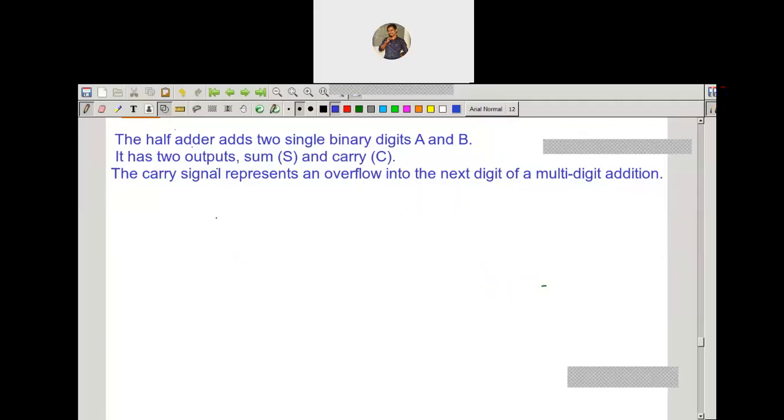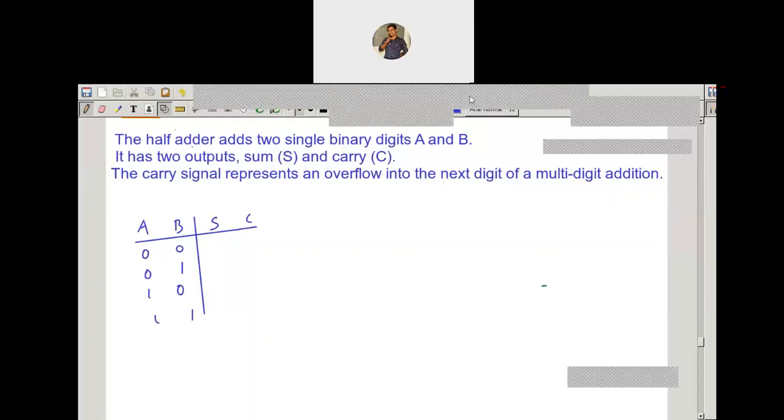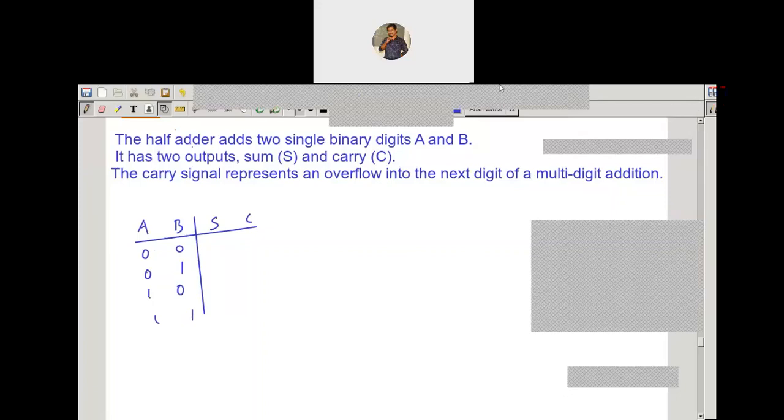A and B are the inputs. With the two inputs, we can have how many combinations? Four combinations, right? And outputs are how many? Two outputs. Sum and carry are the outputs. By using the two binary inputs, we can have the four combinations: 00, 01, 10, and 11. After that, we'll get what is sum and what is carry by doing the additions.